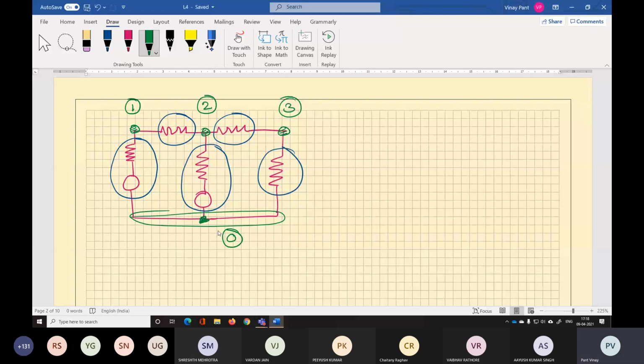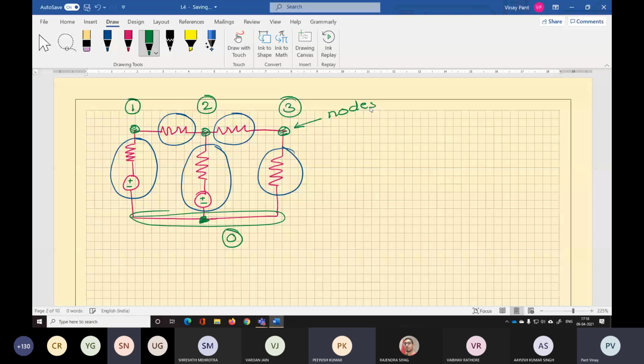Why did you not combine this resistance? Because they are connected between different nodes. 2 to 3 is a different pair of nodes. 3 and 0 is a different pair of nodes. We are not combining anything. We will take the network as it is. And this network has to be fed to the computer for solution. We will not do anything from our side. Is the concept of nodes clear to you?